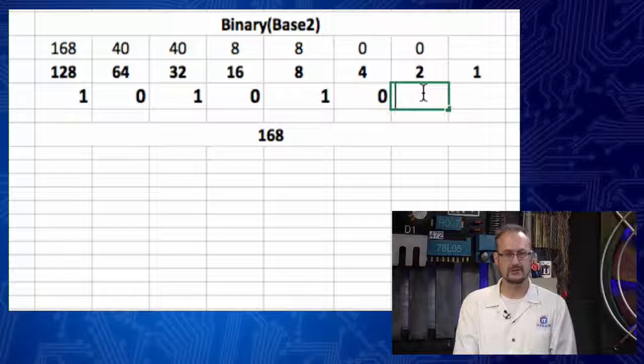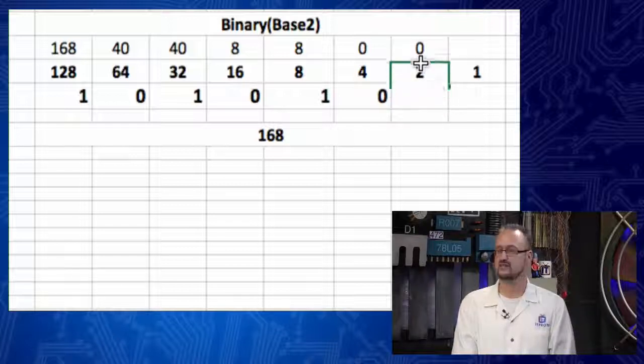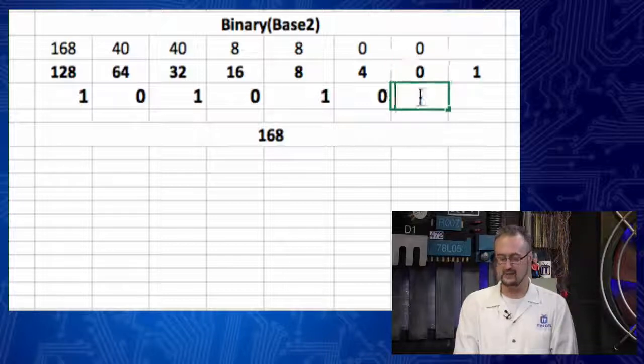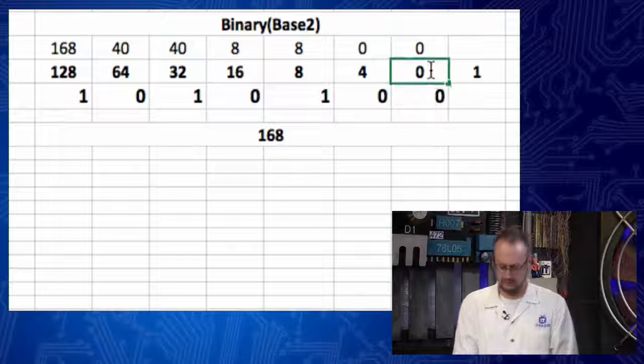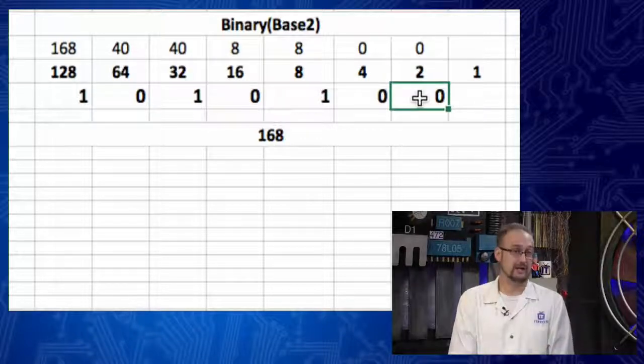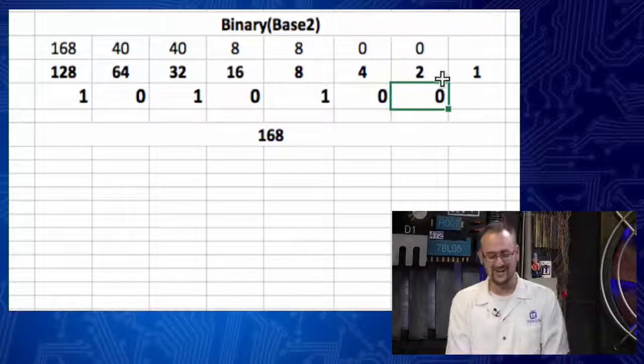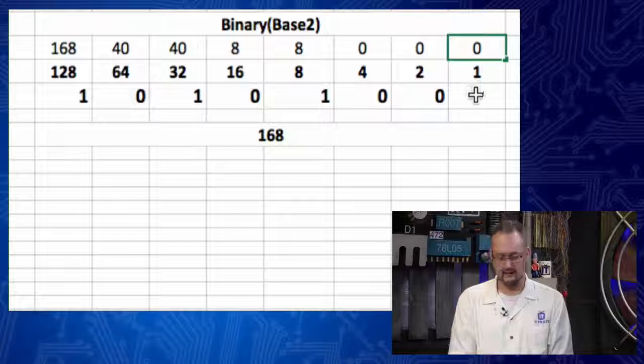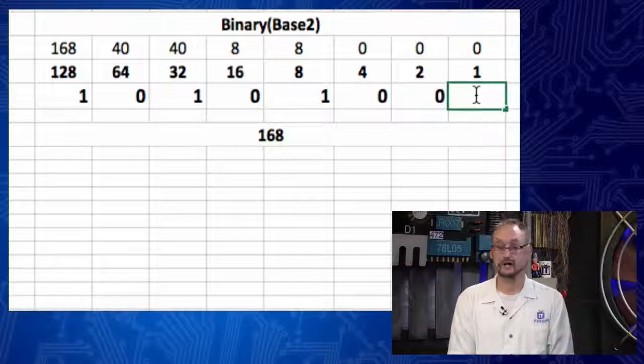Notice I can't use the 2 place value because I can't subtract 2 from my remainder of nothing, unless you're my bank account. So I put 0. All right, and apparently I'm changing the place value. That's fun. There we go. Notice the same thing goes with a 0. I can't subtract 1 from a remainder of 0, so it becomes a 0 as well.